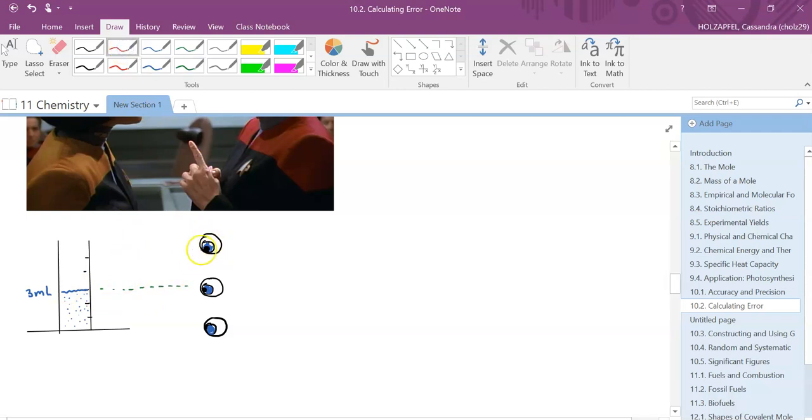Now, parallax error, perception error, right? So I've got this guy, and this guy, he's a lazy person. He doesn't want to bend down to look at the measurement because he doesn't have to do that. He's too cool. So he's just going to look at this measurement here, and then he's going to go, yep, that's accurate. That's 2 mL. That's done. And that's not actually the case. And so when this person goes to perform their calculations later on, they're probably going to find that they have a lot of error associated with this.